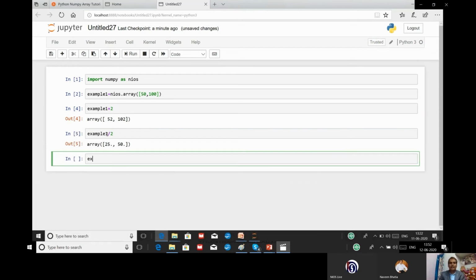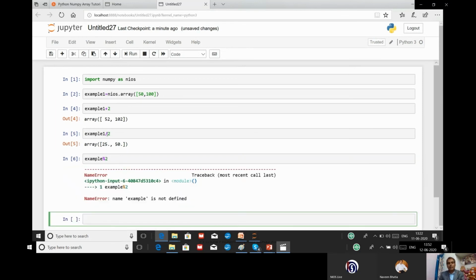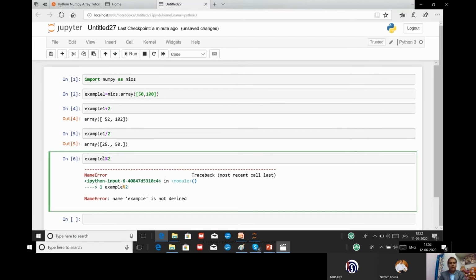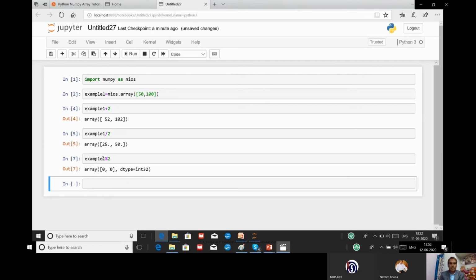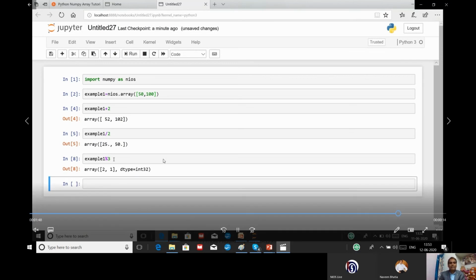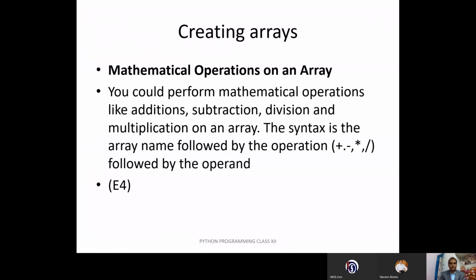This is the thing which is possible with an array. But in the last class you learned that it is possible with a list also. The plus operator and the multiplication operator both work with a list. But you know very well what type of result will come. When you use the plus operator, it will concatenate. When you use the multiplication operator, the data of the list will be repeated that number of times. So I think this is clear, how to use mathematical operators in an array.